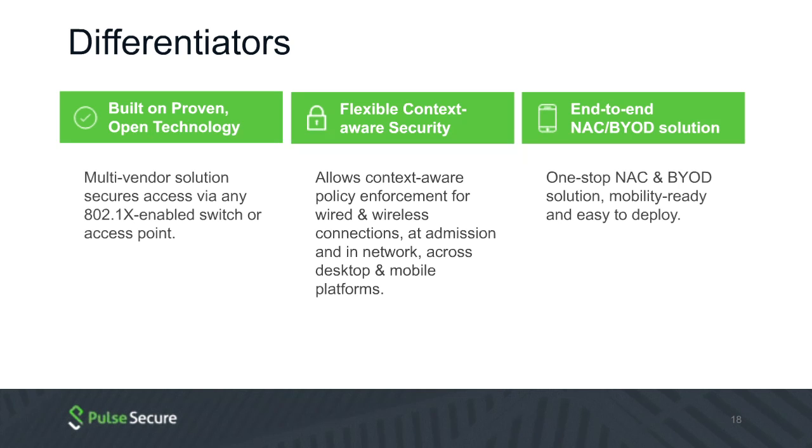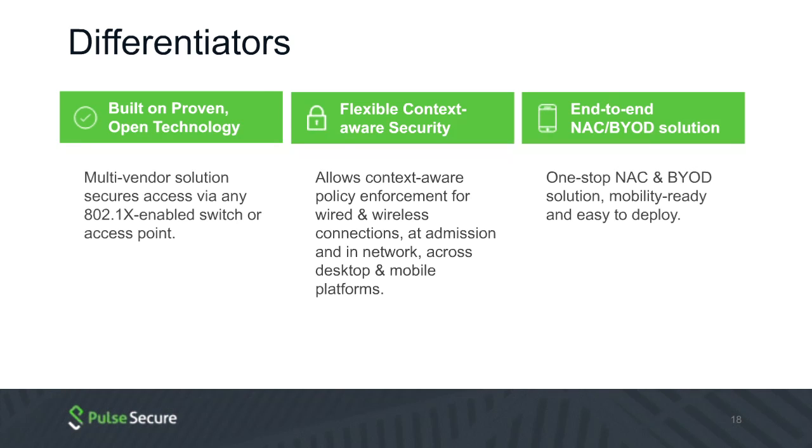Pulse Policy Secure offers a solution that's built on proven open technology. And the benefit of a multi-vendor solution is that we secure access via any 802.1x enabled switch or access point. We are a little more limited on the firewall side. We only work today with Juniper SRX firewalls and Palo Alto Networks firewalls. But we're working to expand our ecosystem and extend identity-based network segmentation to more firewall partner companies to extend our